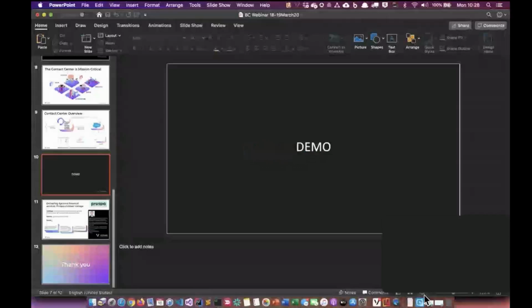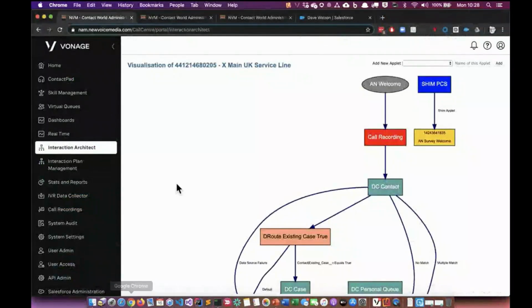So let's have a look at how we might manage these environments if we are in a remote working situation. So this is the